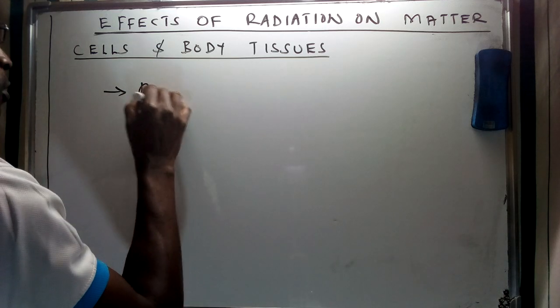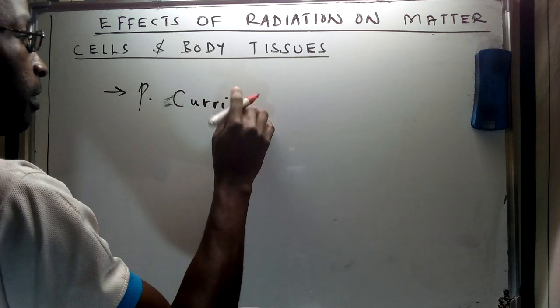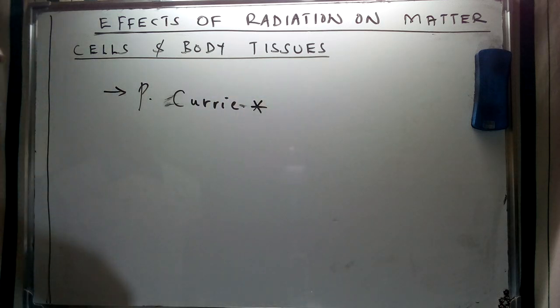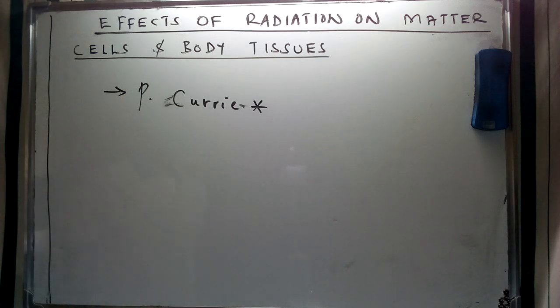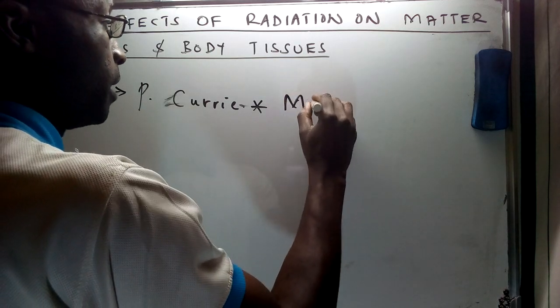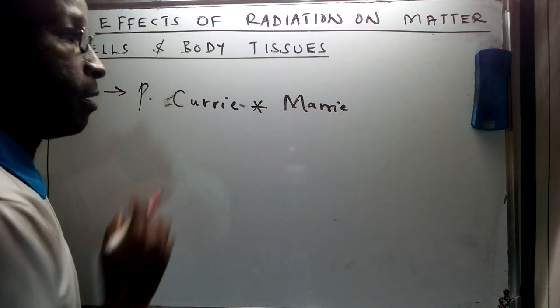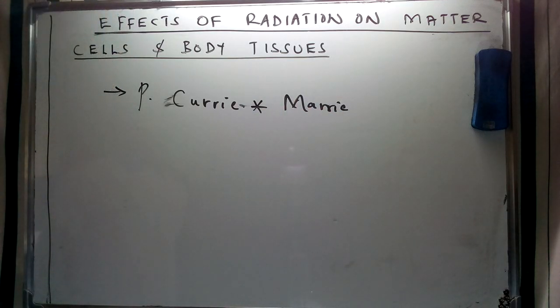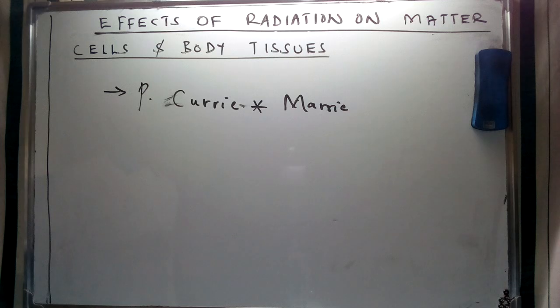We said that the works of Pierre Curie and his spouse Maria Curie laid the foundation for looking at the characteristics of radiation on body tissues. We had said that Maria Curie basically came back from the effect she had had on the exposure to this specific radiation. So from this, we are going to see that radioactive products, which are radiations, are going to have a negative effect on body tissues.